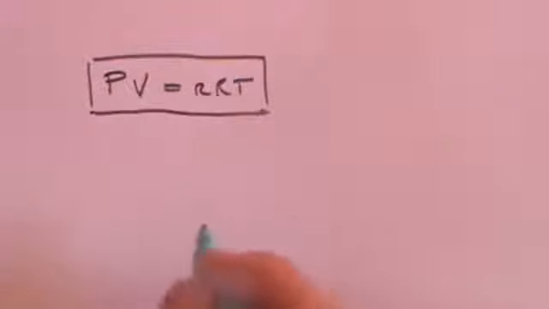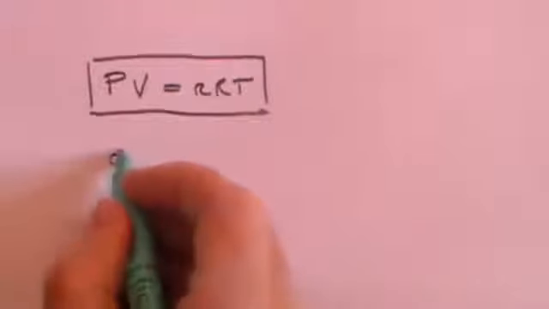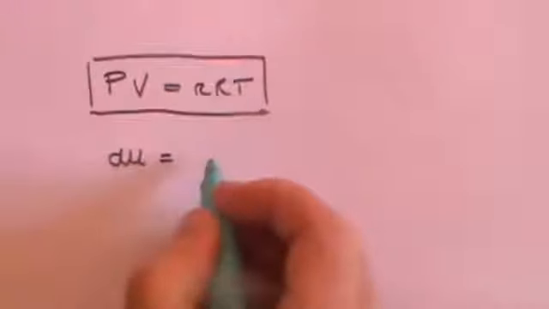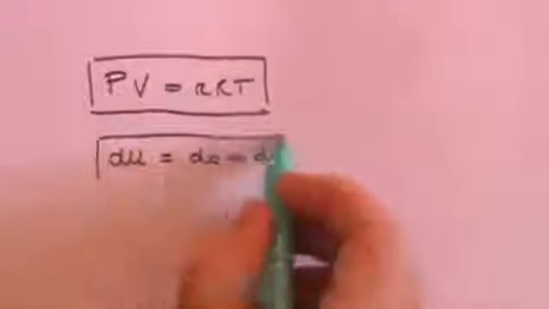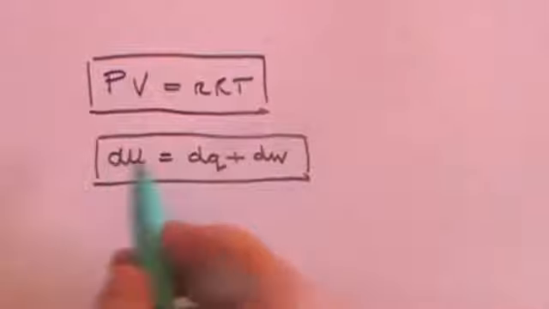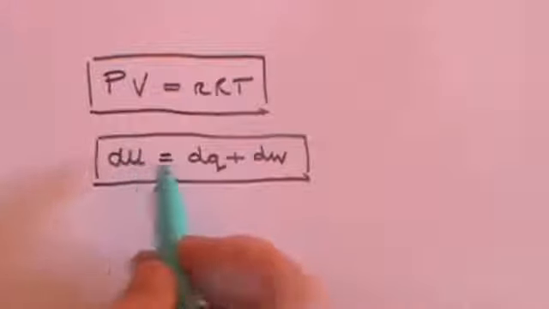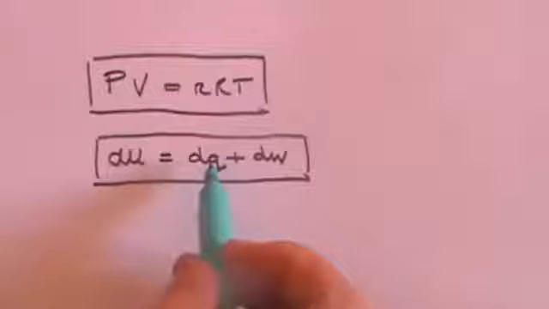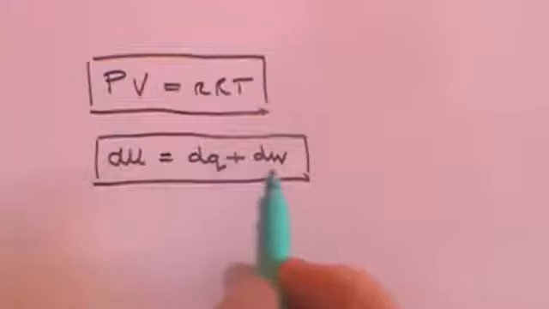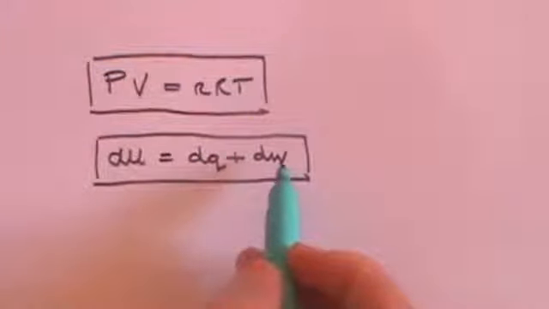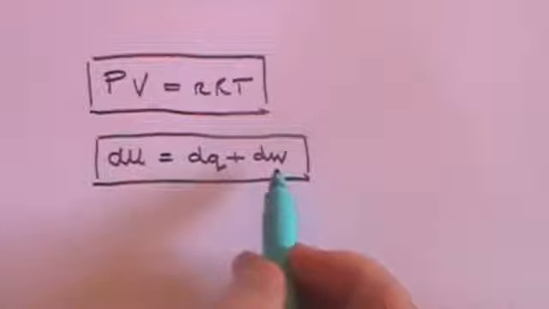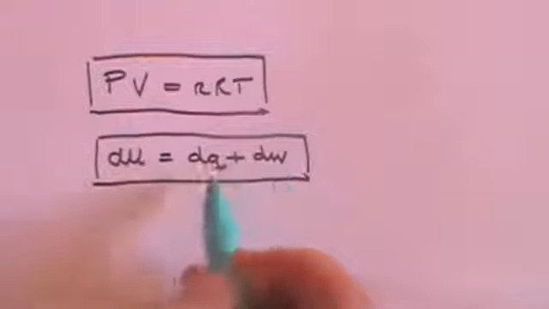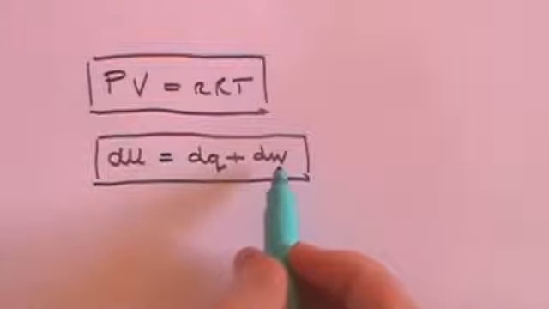The second equation that we're going to use is essentially the first law of thermodynamics, dU equals dQ plus dW. And what that means is that the change in internal energy in the gas is equal to the amount of heat that you put into the gas plus the amount of work that you do to the gas. Both of these are in, so you heat it up and you put work in. If either of these are taken out, if you cool the gas down or if you take work out, then